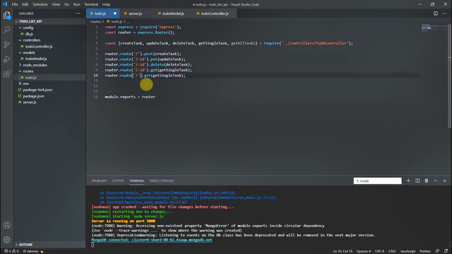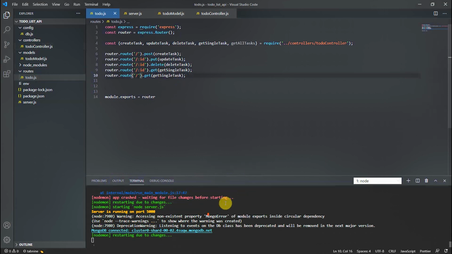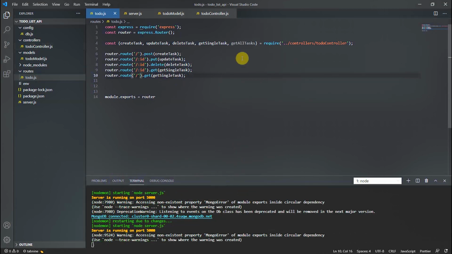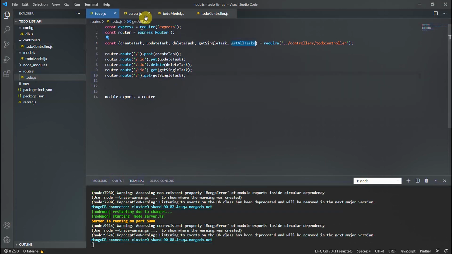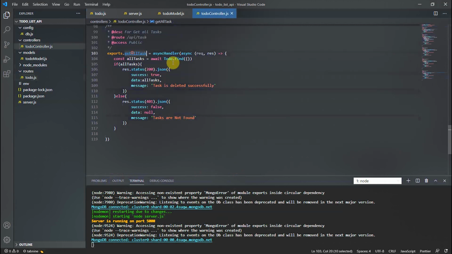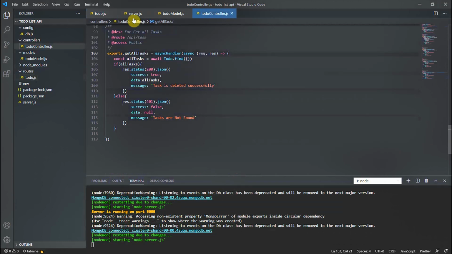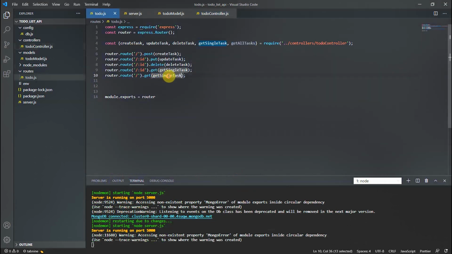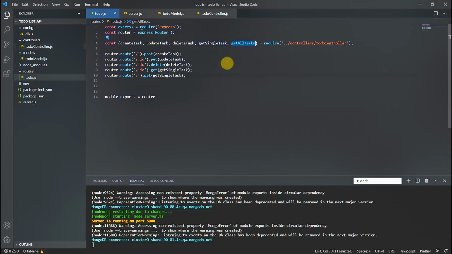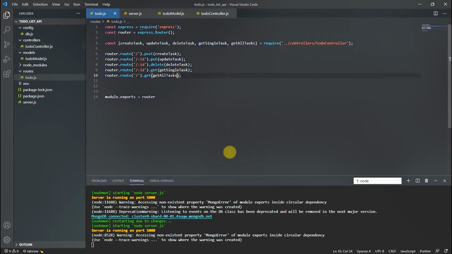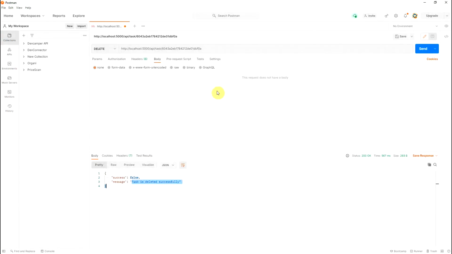This method is okay, right? Or task, okay. That is called a printing mistake. Okay, so now it should work. Yeah. Now go to Postman.